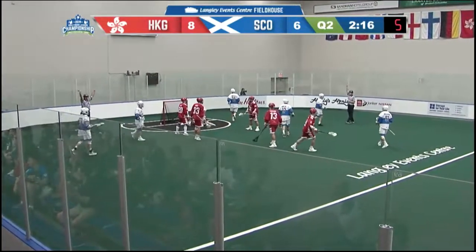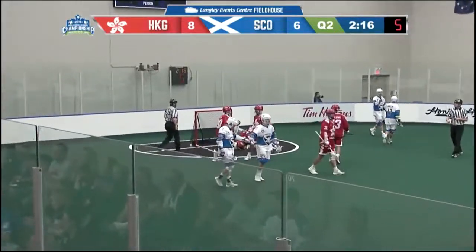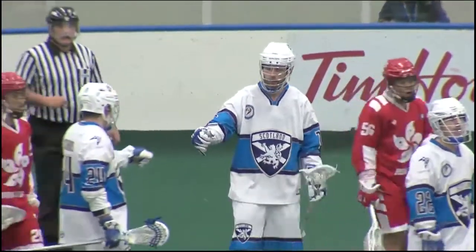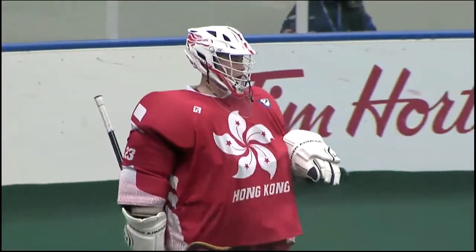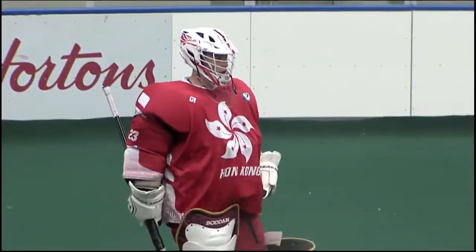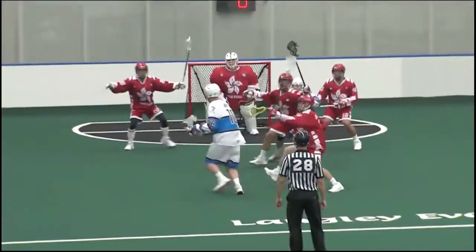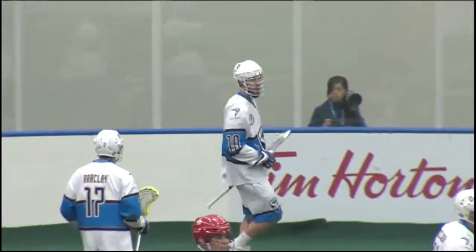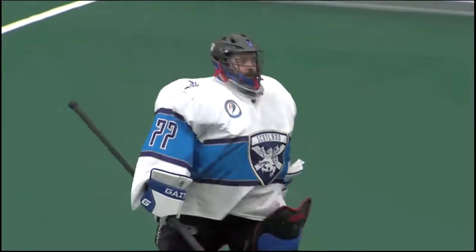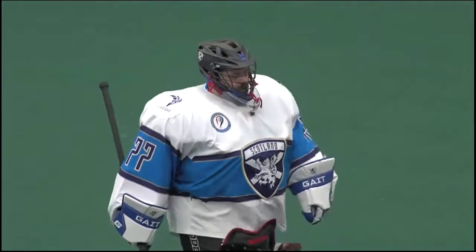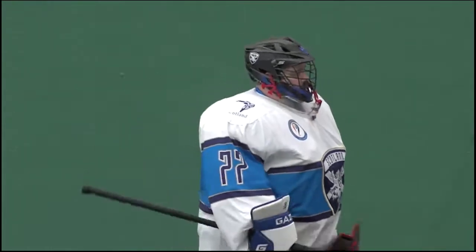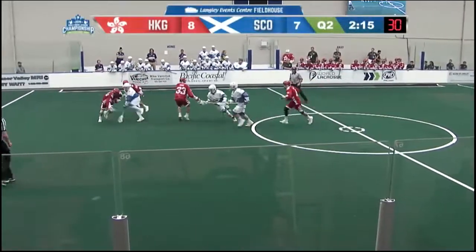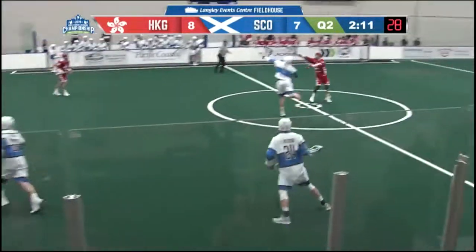There's a shot in front and it works for Team Scotland. Thomas Moffat finding the back of the net. Moffat's second of the game. Just moving in slightly to the left side and beating Jansen Nye. Scotland's ninth goal, his third of the game, scored by number 10, Thomas Moffat.